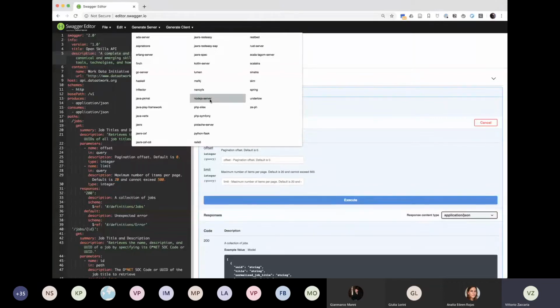As you've seen in my previous messages, I've asked you to install the Node.js environment on your machine, and we are going to produce the code and download it,